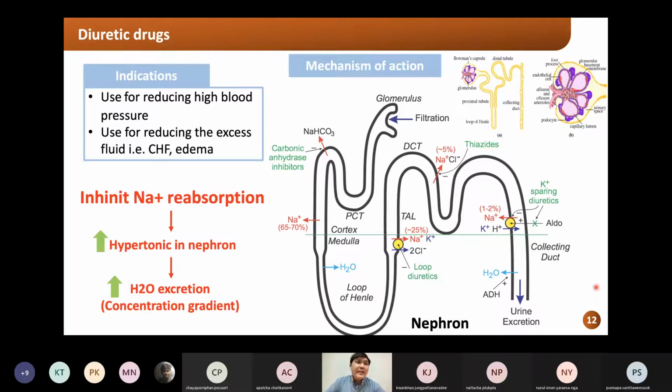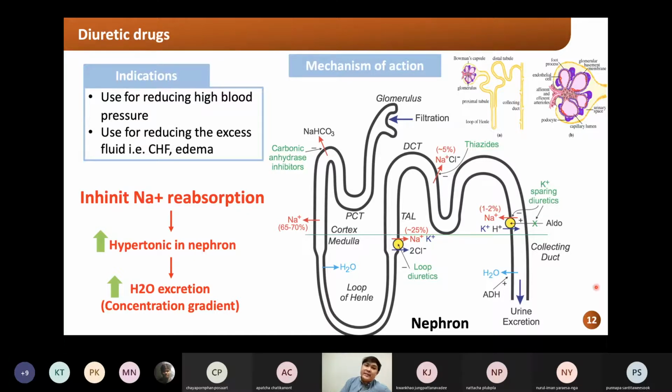Okay. And in the case of heart disease, when we look at congestive heart disease, when the heart function is very poor, the blood volume mostly gets stuck in the lung, in the pulmonary artery, something like that, and causes edema on the right side of the patient. So the diuretic drug is also used in this patient to eliminate, to excrete the excessive fluid. So the main point of the diuretic drugs,